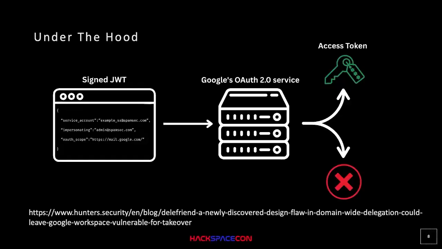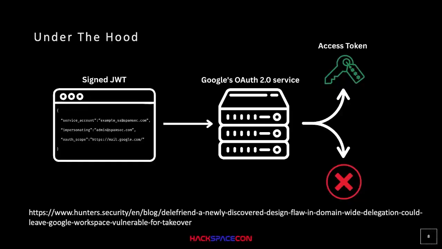So under the hood, how does it work? Essentially, you're making a call to the Google Auth API, and what you're doing is creating a JWT and signing it with the private key of the service account. Again, it's a setting that's enabled for a service account, so you need to use that service account. You would sign the JWT with the private key of that account, and you would include a little bit more data into it. I'm not sure if you can read that, but the three main pieces of data that you do need to include are the name of the service account, so the account that is authorized for domain-wide delegation,